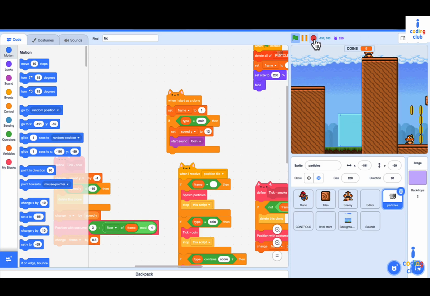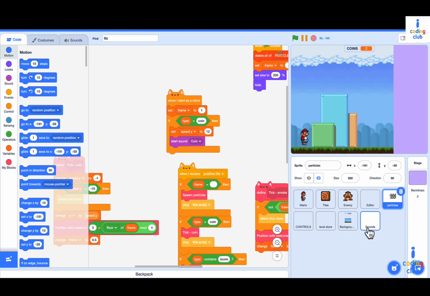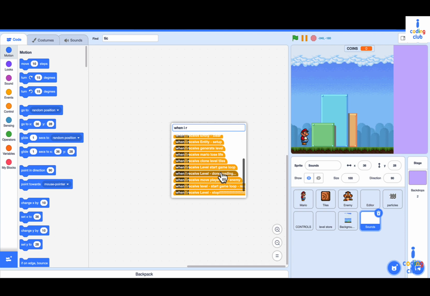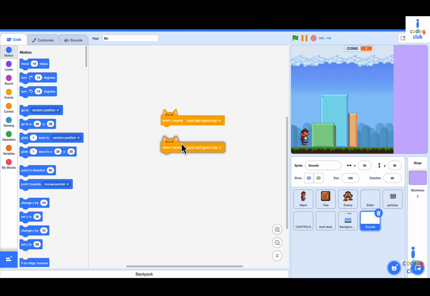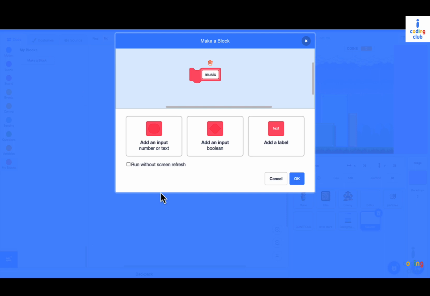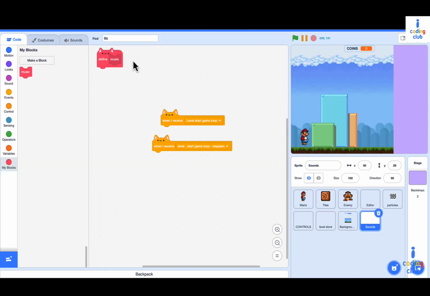Good. Now let's continue. Let's add the background music sound. In the sound sprite, drag a when I receive level start game loop, and when I receive levels start game loop respawn. And let's make a new custom block named music, with run without screen refresh. I mean not run without screen refresh, because the sound has to play. And into the music block, put a forever loop. Forever play sound until done Music L1,